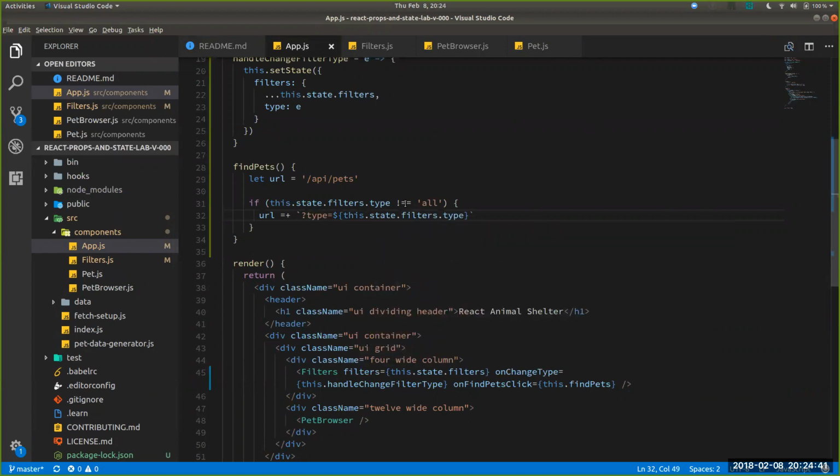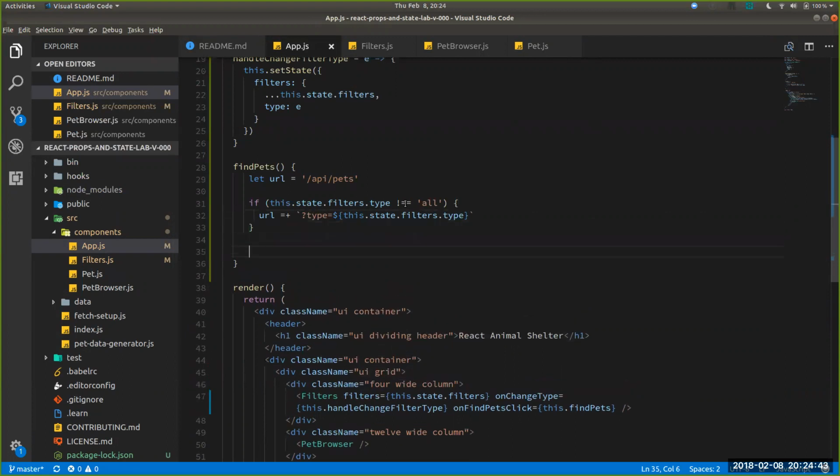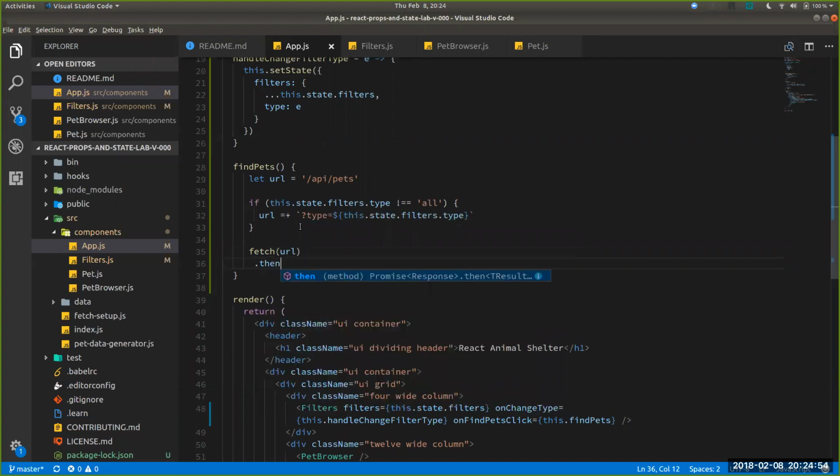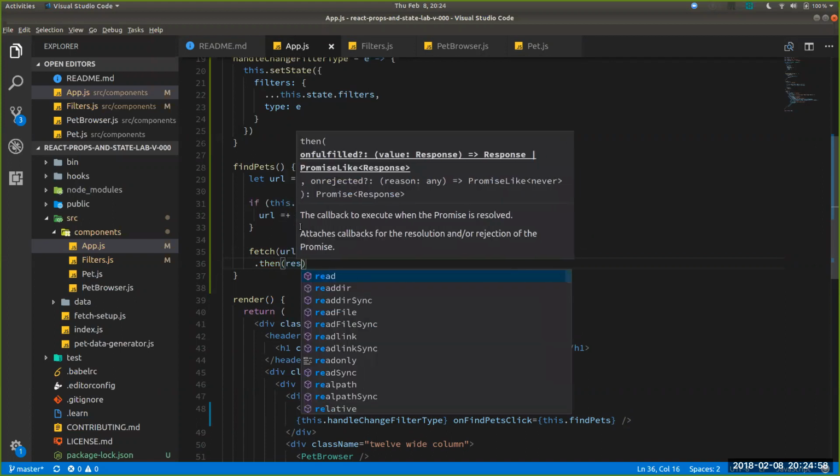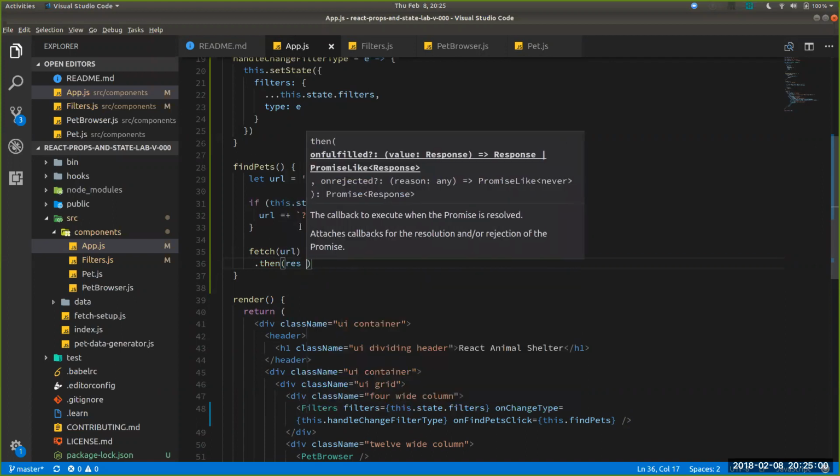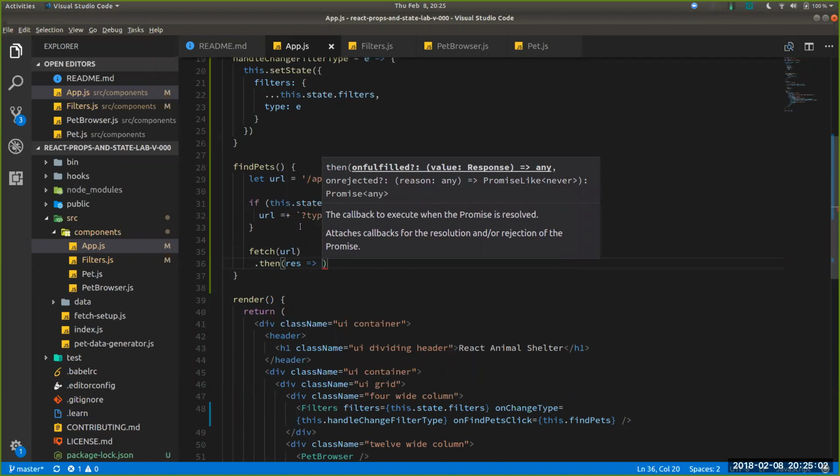Get that. Otherwise, we just leave that URL alone, and then we want to fetch URL. And we want to take that response and